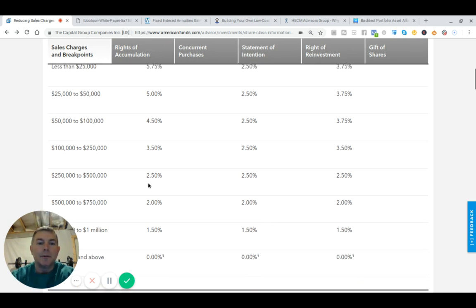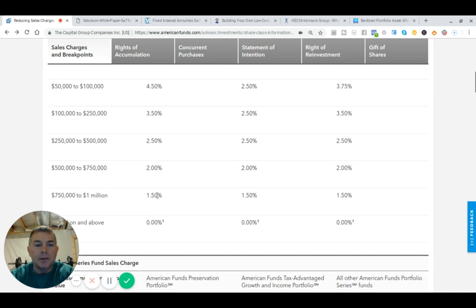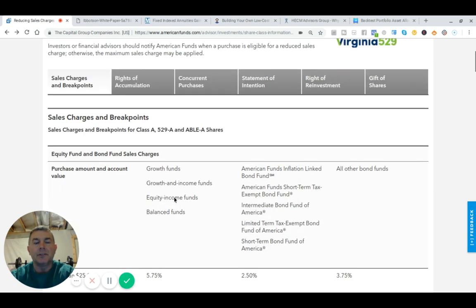Now we've got $250,000. It goes to 2.5, 2.5 on the bond funds. On $500,000 it's 2%, and on the bond funds it's 2. And then you can see as it goes down, it gets less. So why would somebody